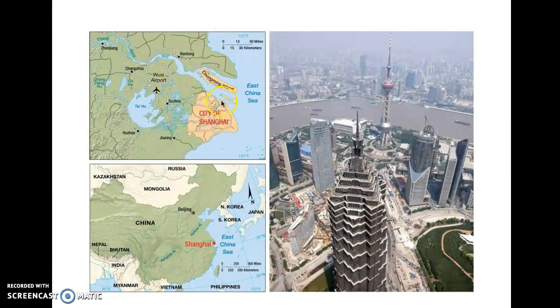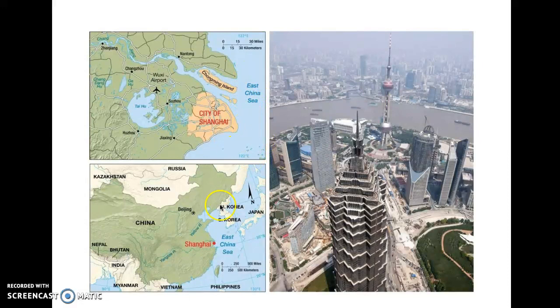So the site of Shanghai, so here's Shanghai, you'd find Shanghai on the coast of the East China Sea. Shanghai is on the bank of the Yangtze River. And in Shanghai, you can see lots of skyscrapers. So these tell you about the site of Shanghai, its physical characteristics. Its situation gives you a little more information. It's on the west side of the East China Sea. So now you know where it is relative to the rest of it.